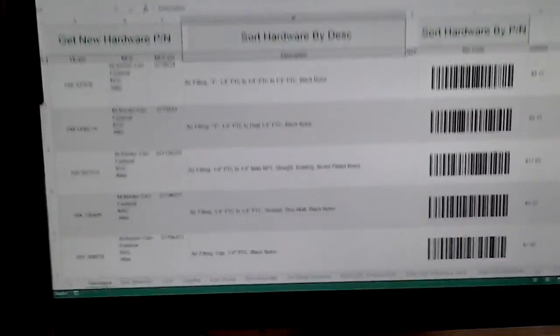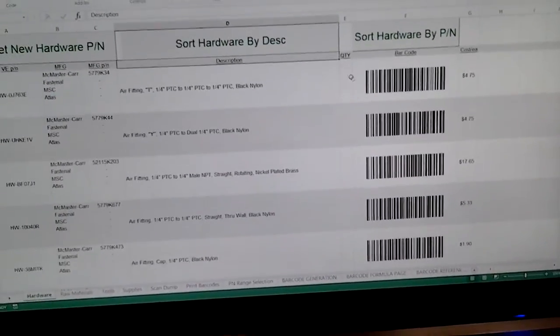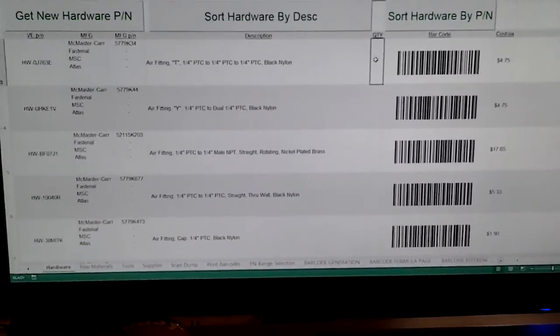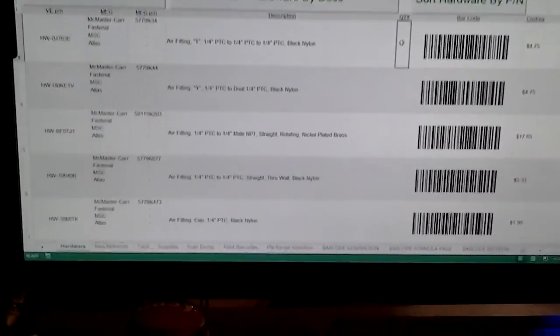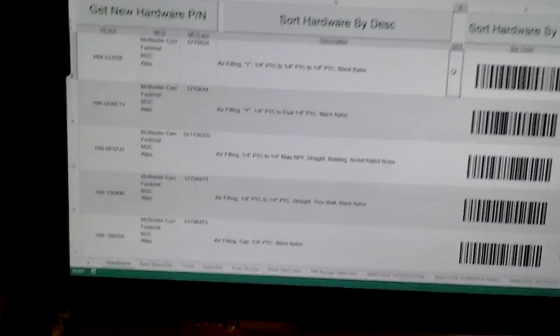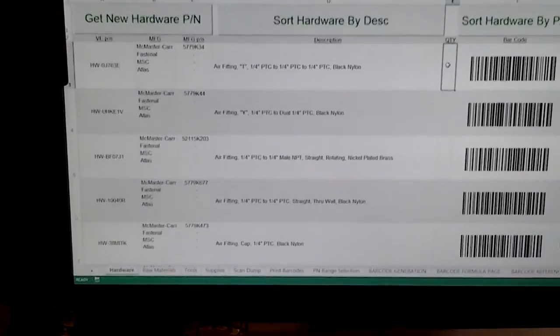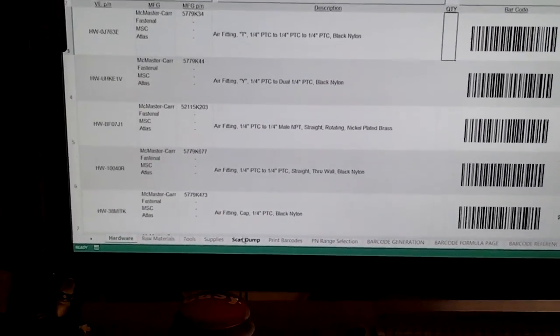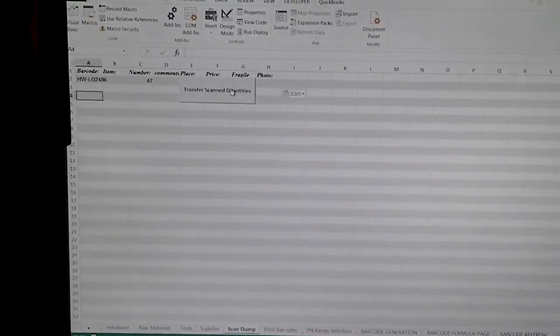It updates it. The way that the macro is written is if this part number already exists, it simply adds the quantity to the current quantity field. If there's nothing there, then it assumes it's 0 and it would pop up as 47. If it does not already exist, then it creates a new one and adds the quantity. So I'm going to say transfer scanned quantities,